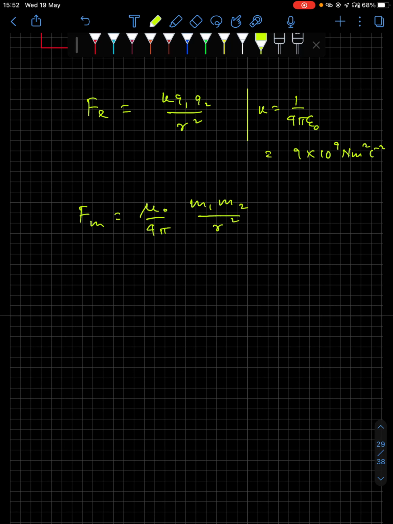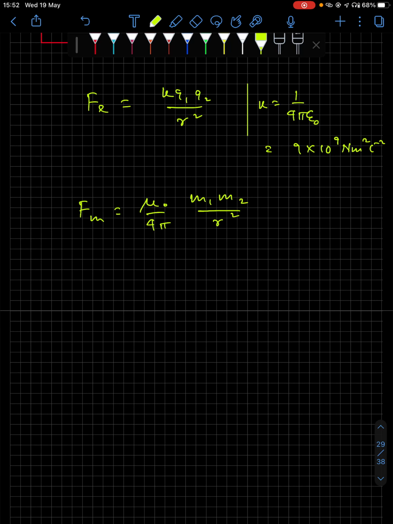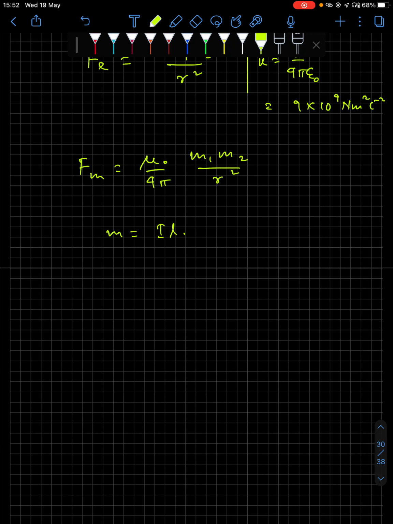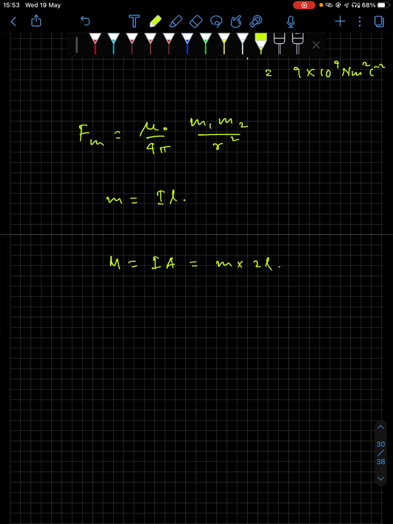Now this pole strength can be written in terms of magnetic moment. The unit is ampere meter. It can be written in terms of your current into length. Like if you extend it, what is the relation? Magnetic moment is current into cross section area, and magnetic moment in terms of pole strength is pole strength into dipole length. Now for simplicity, you can consider this as L and work out the mathematics, or we can consider it as twice L also. Anyway, we'll see it in the next chapter.